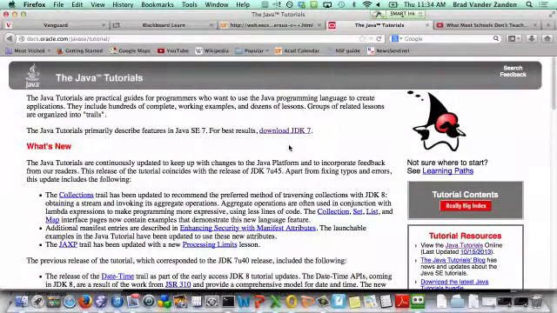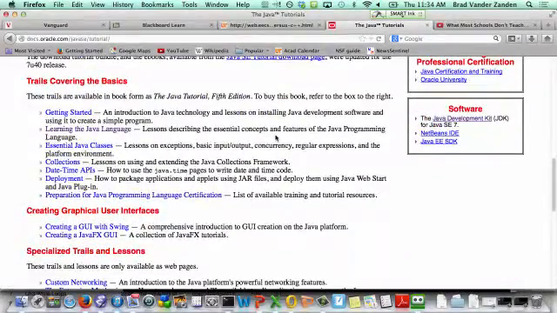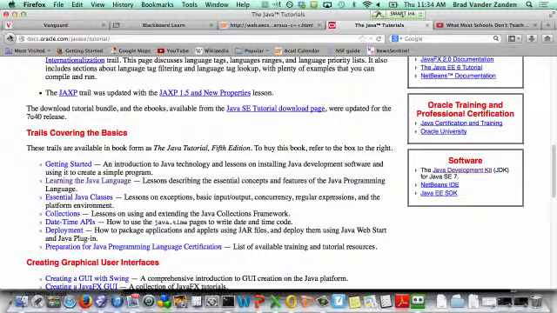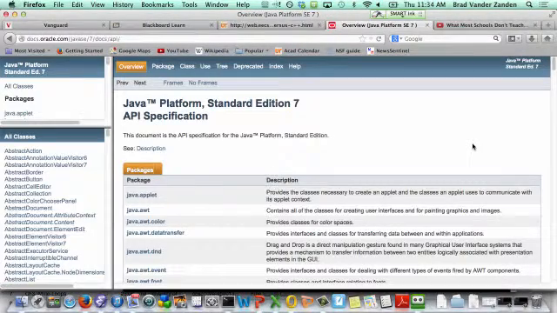Okay, so it has different things. They call them trails for getting started, learning the Java language, and I would use their tutorials. I have in my lecture notes pointers to tutorials for the days that I'm covering that material. Also, you will find that Java, unlike C++, has so much that it is very difficult to keep it all in your head. So I suggest that you bookmark the Java API site, because there you will find all the